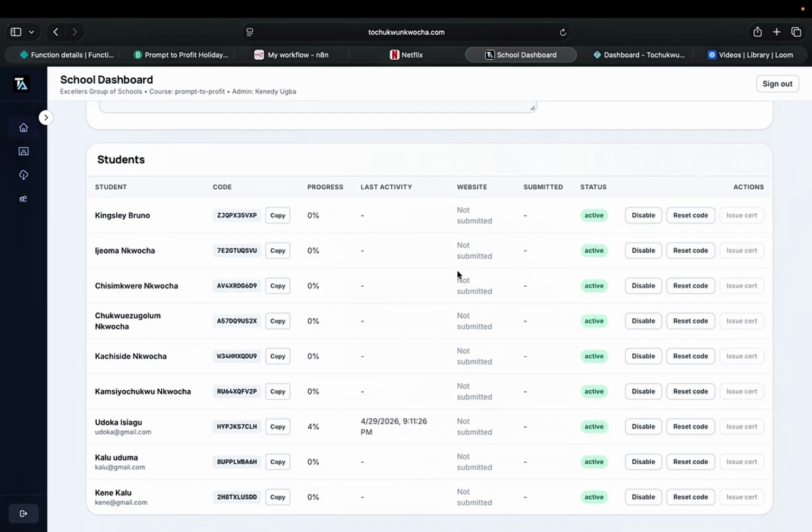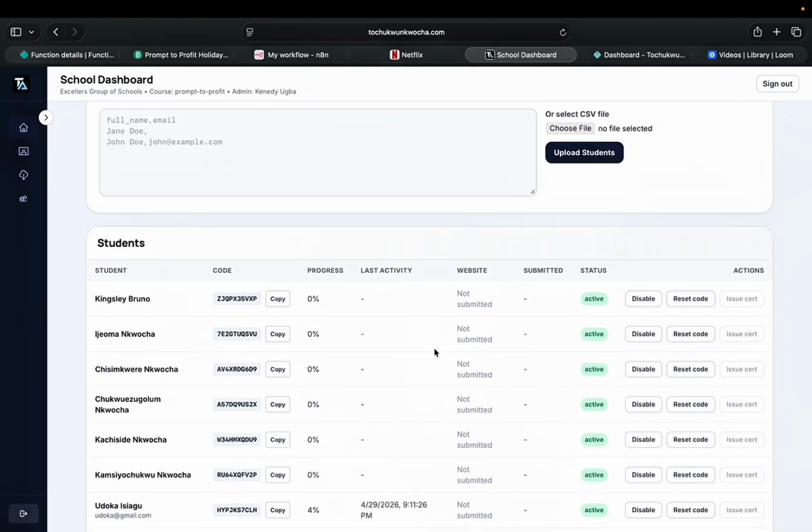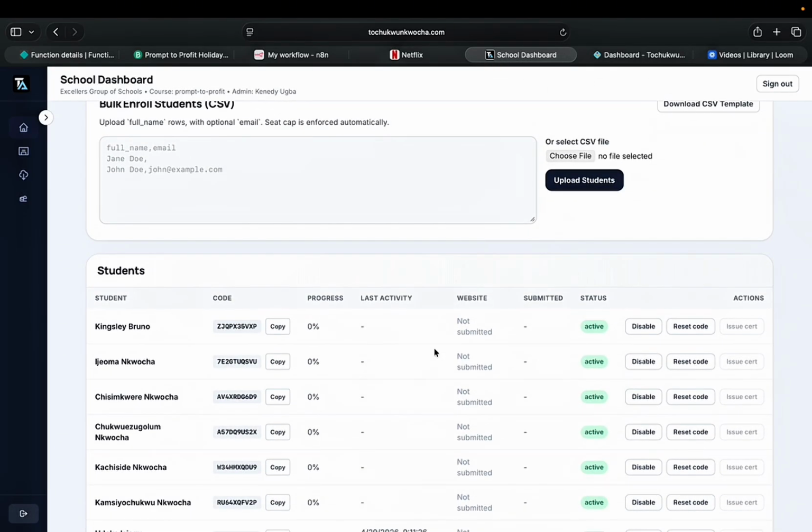and has built a website or web game or whatever it is based on the lessons learned. And then you, as a school, can issue a certificate to any student by the time he completes all the lessons and provides the website link to the website or web game that he or she has built. So you have full visibility about all your students, about what they are doing